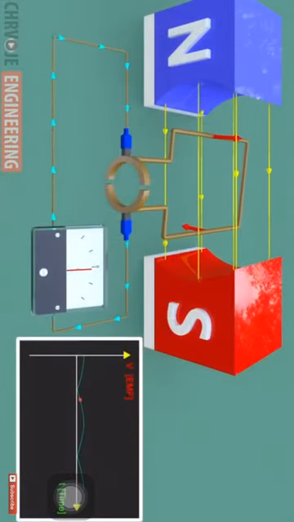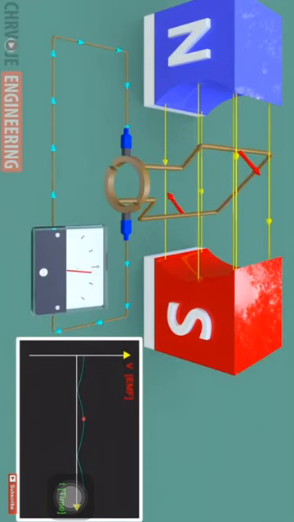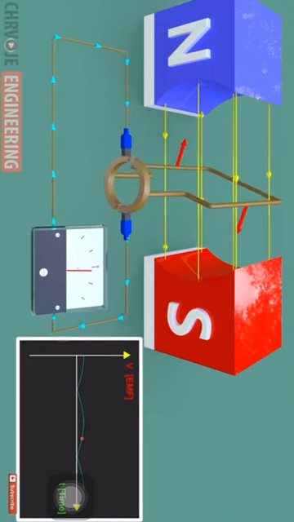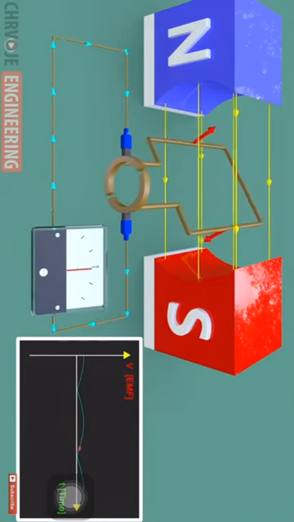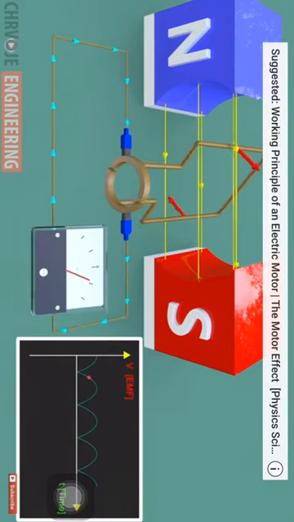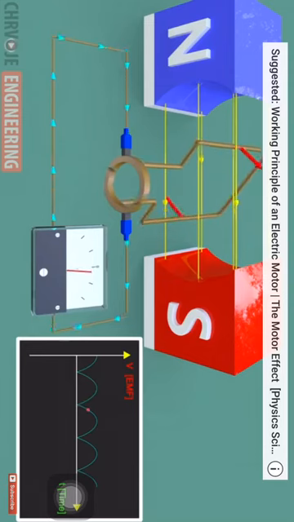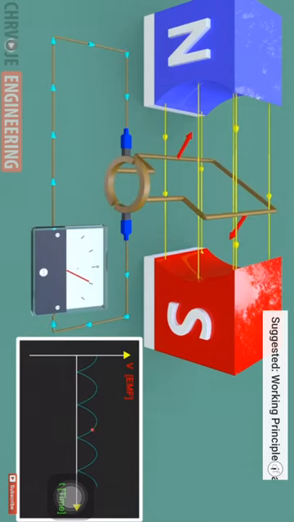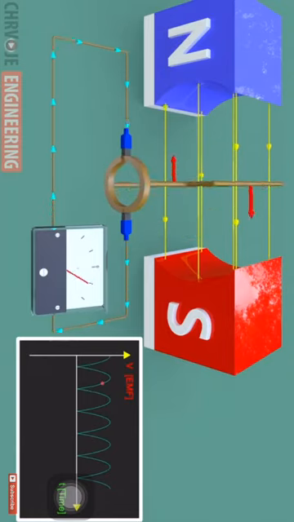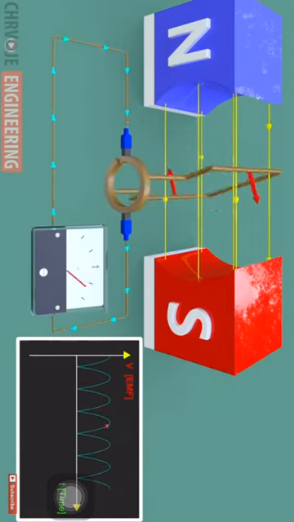The effect of the split ring commutator in DC generators is to ensure that the induced EMF is always in one direction. We can see that in this graph, where V represents the amount of induced EMF and T represents time. You will notice in the graph how the sine wave changes with rotational speed of the coil. The coil in this case has clockwise rotation. Increased rotational speed of the coil increases the amount of induced EMF. The induced EMF has a positive sign.